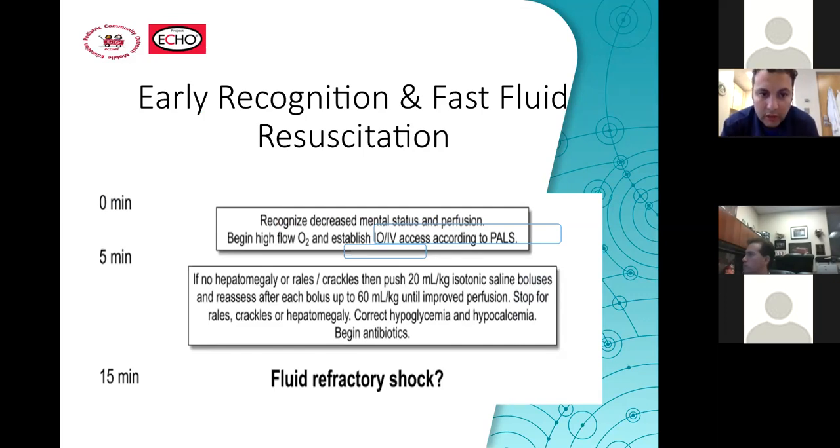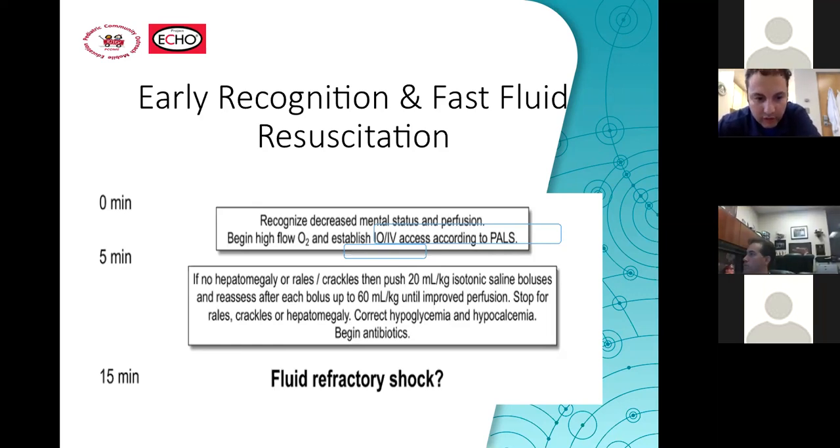So when you recognize your pediatric patient is at risk for sepsis, or has a high chance with comorbidity to have septic shock, we like to start some oxygen and work on the access. Access can be IV or IO, as we discussed before. Also here, it's practical to get IV up to 60 ml per kilo within 5 to 15 minutes. This is our recommendation, or what we have as recommendation from the American College of Critical Care.